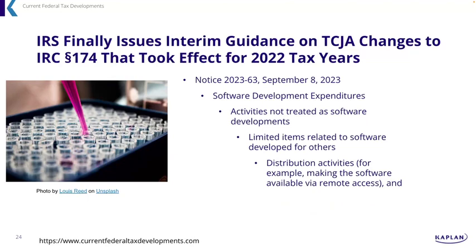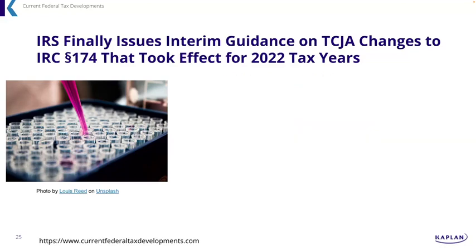Distribution activities, that is making the software available via remote access, and customer support activities. All of those can be properly excluded. We don't need to worry about those, right? We don't have to treat those and amortize those over the life. We're allowed to essentially go ahead and just start treating those as just standard expensed items, right? Don't worry about that. Not really a problem, right?